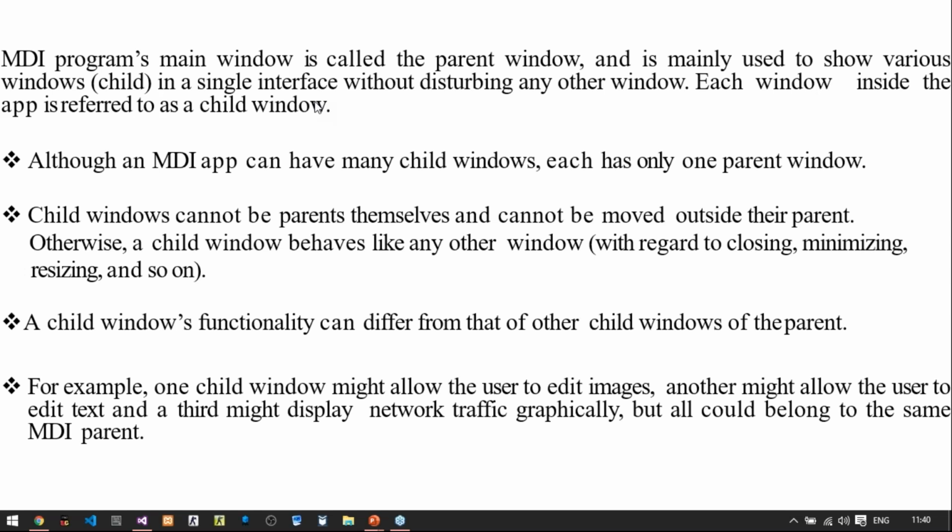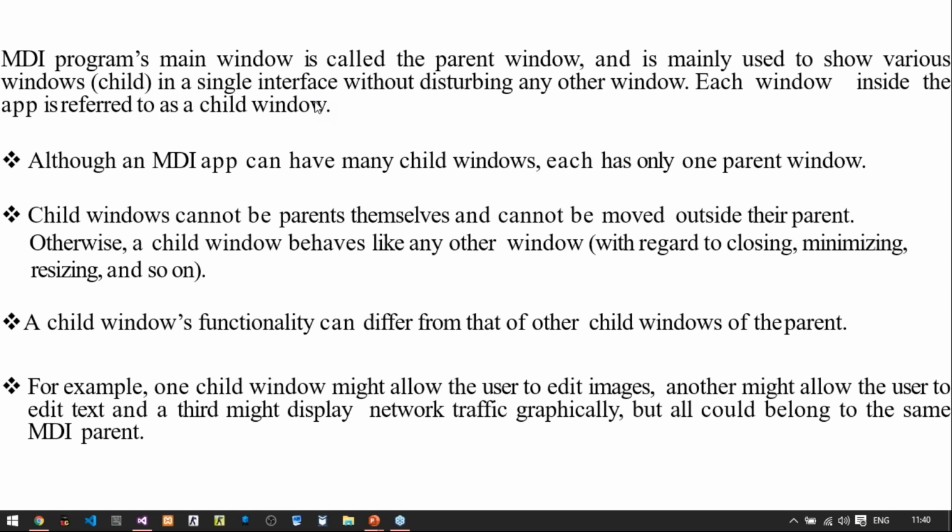So I will create one MDI form first, and then I will bind all those forms in this MDI form. It means I will make all those 100 forms a child of one MDI form, so that I can open all the forms simultaneously whenever and wherever required.